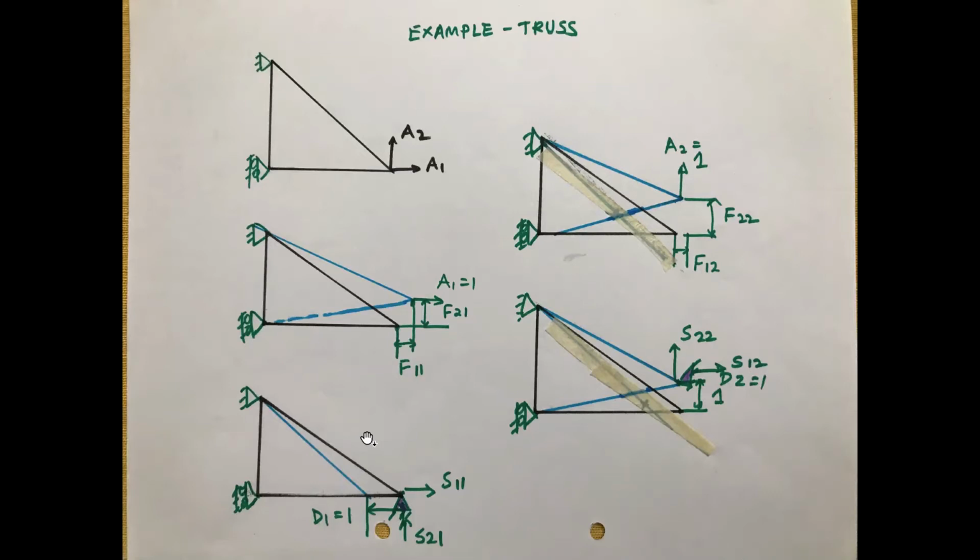I hope all of you can see the diagram. Student: Yes, ma'am. In the place of F11, it would be D11 for D1 and, hmm, wait a minute, and for F21 it will be D2. No, no. See, don't mix up. Flexibility is a different concept. Stiffness is different. Now, flexibility we have already generated by applying unit load A1 one by one, A1 equal to 1 and A2 equal to 1. Now, I want to generate the stiffness coefficient for the same truss. So what's the go by definition? What should we do?